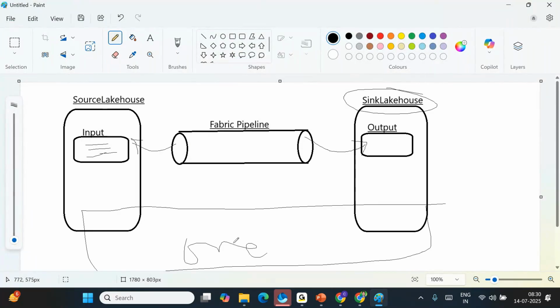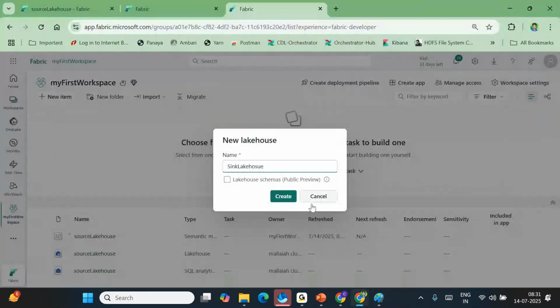So if your data is in OneLake, copying data from source lake to sink lake means you are copying from one lake to one lake only. This is not the right use case to take, but just to give you some clarity and knowledge on how to copy the data with Fabric pipelines, I am showing you this. I hope you understood. Correct? Yes, sir. Understood, team? Yes.